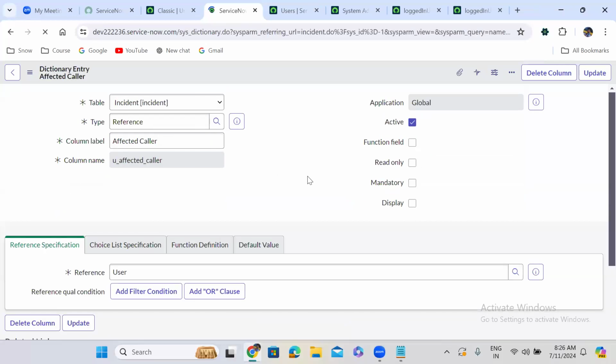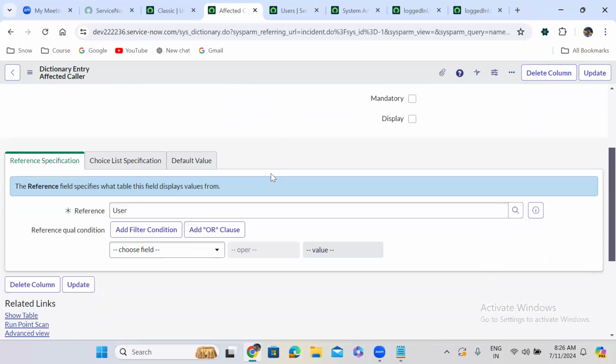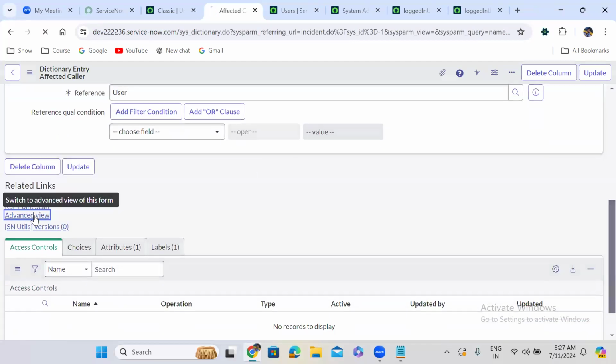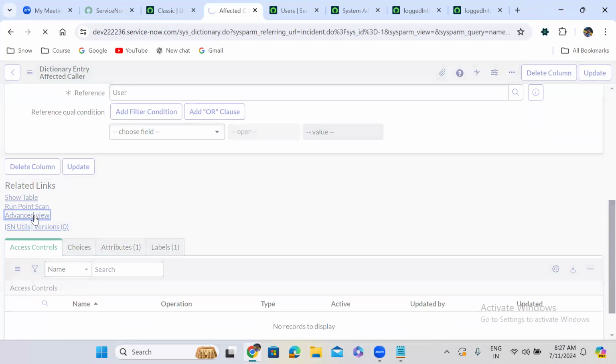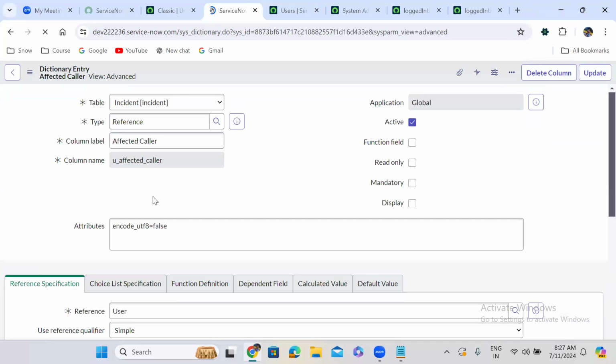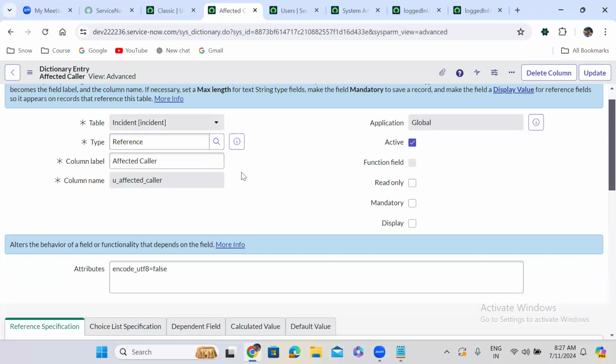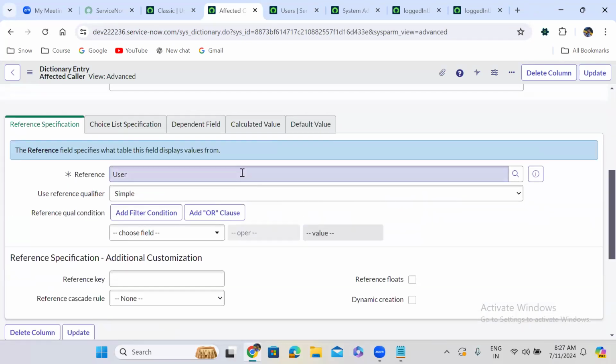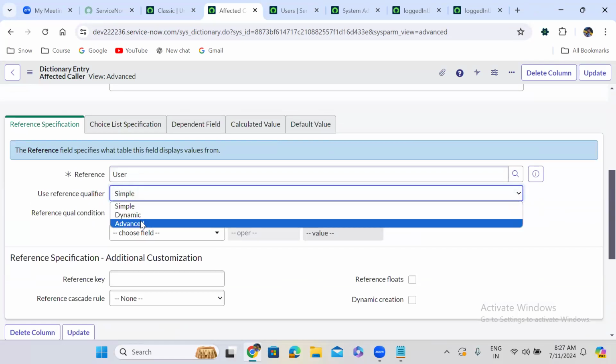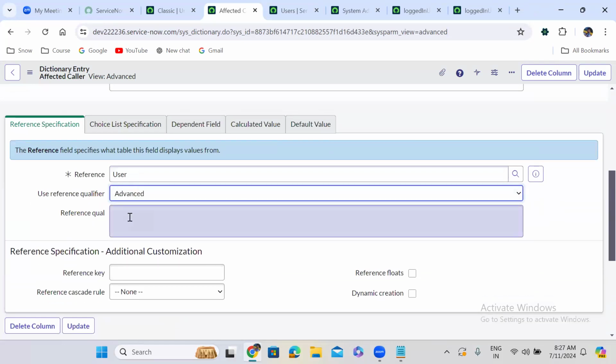Are reference qualifiers a tricky one, guys? Is the topic tricky or easy? Interesting. Advanced reference qualifier is